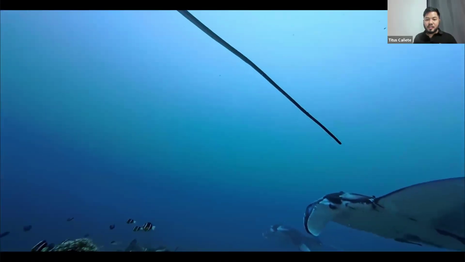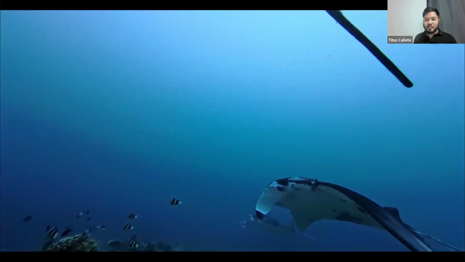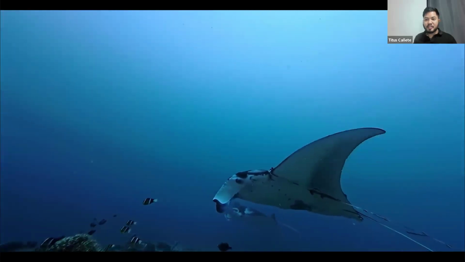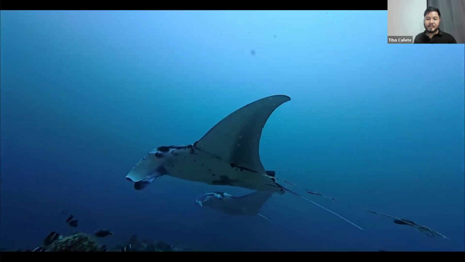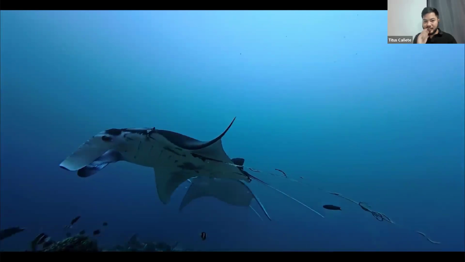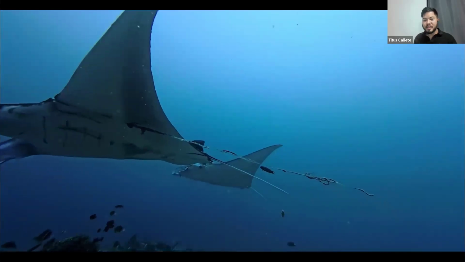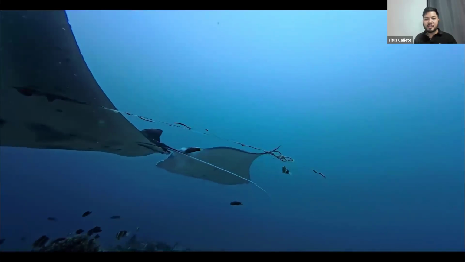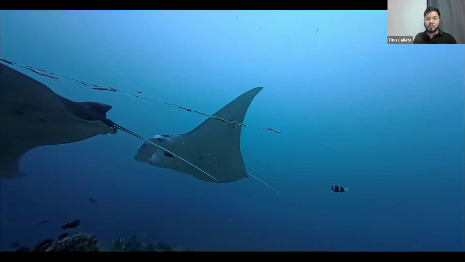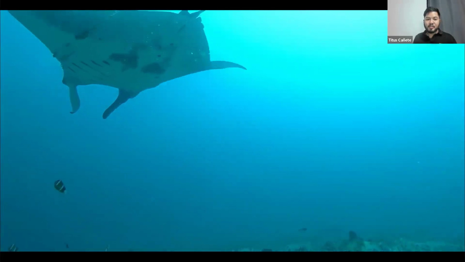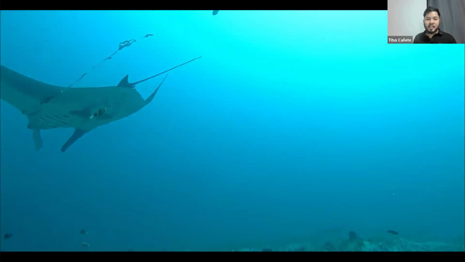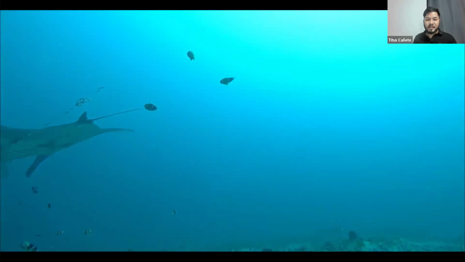This is the footage that was collected in one of our RUVs, and you can see that one of the mantas is towing this nylon fishing line. And what this does, besides giving injury to the pectoral fin of the manta, is it's also creating drag and taking more energy for it to swim. So it's really affecting the population here in the manta bowl. Here's another manta from another station in the manta bowl carrying the same line.